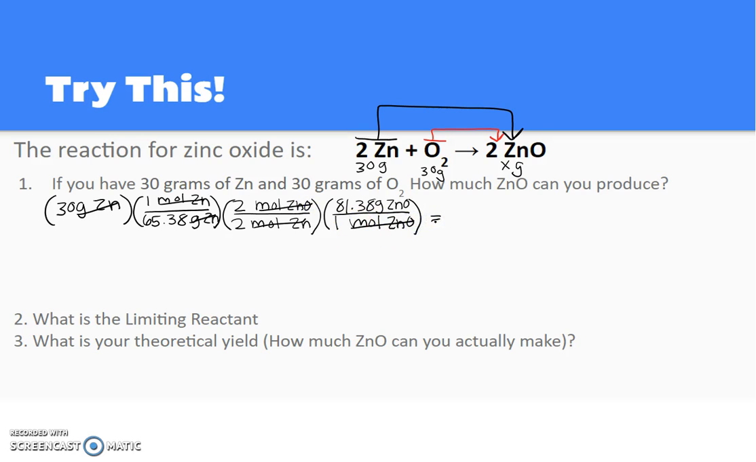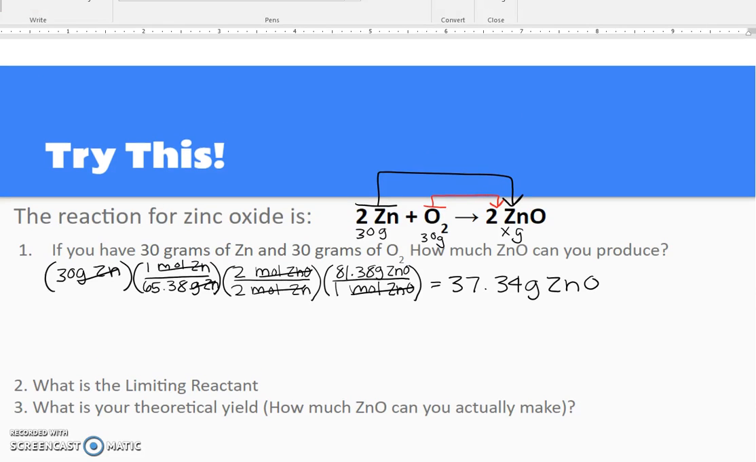If you multiply by what's on the top and divide by what's on the bottom, you get 37.34 grams of zinc oxide. So what that's saying is if we use all 30 grams of zinc, we can ultimately produce 37.34 grams of zinc oxide. Let's see how this changes now if we use